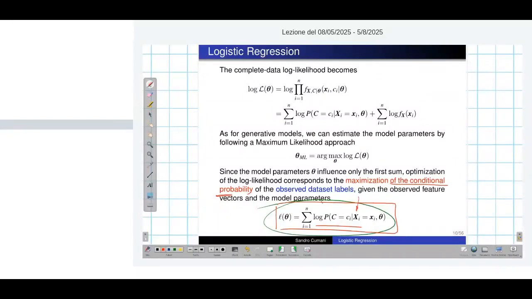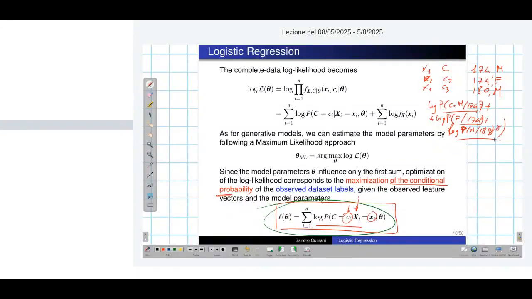For each sample, we will have a set of samples, x1, c1, x2, c2, x3, c3. For example, for the height model, these will be the samples. Our log likelihood, the function we want to maximize, will be the logarithm of the probability of m given 174, plus the log probability of f given 174, plus the log probability of m given 180. Now the problem is that these depend on the model parameters. So to maximize this with respect to the model parameters, we need to make explicit the dependency of these terms